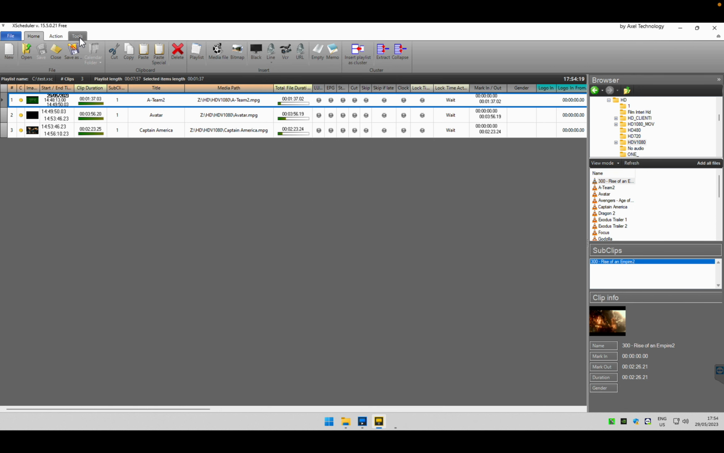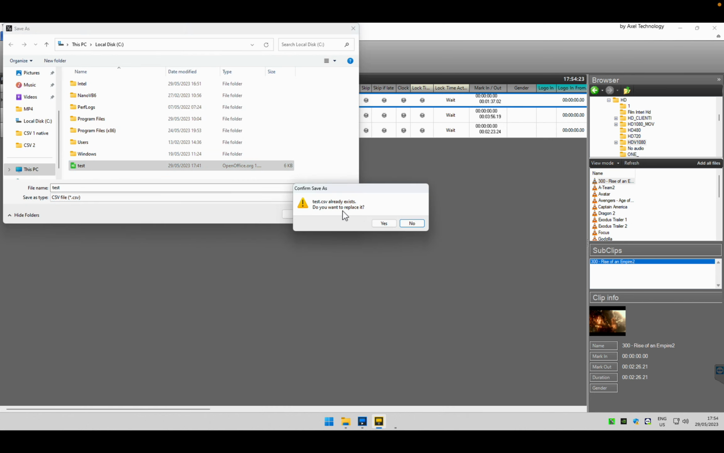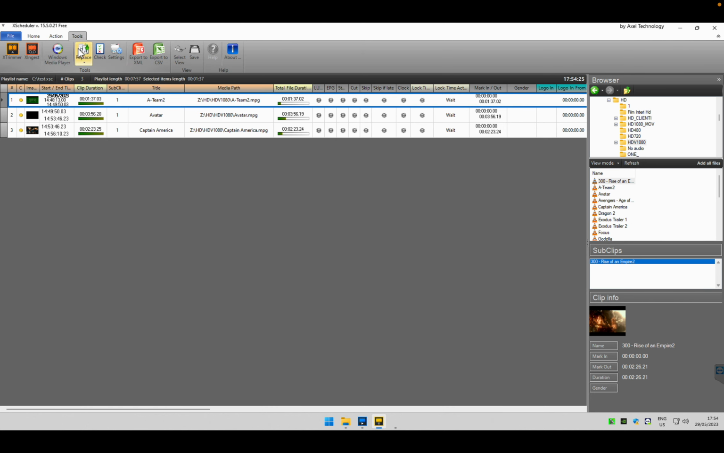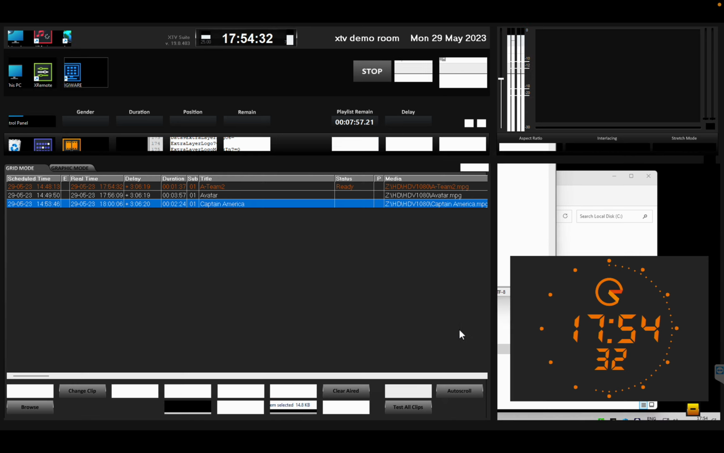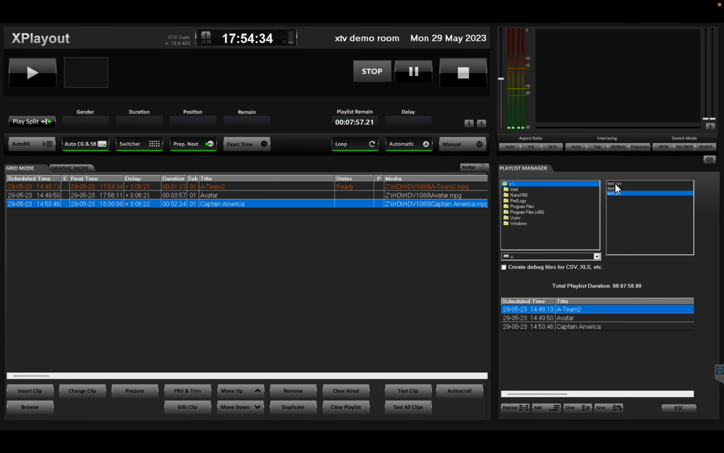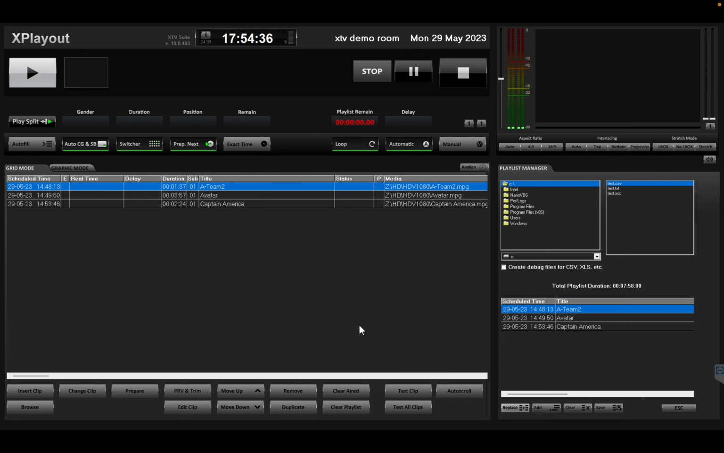From the XScheduler, I want to show you can also export to CSV format, or actually XML as well, and those will import correctly into the playout. So let's try with the CSV, and there you have it. And if we have a look into it,